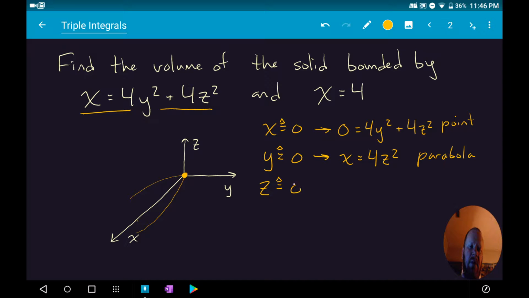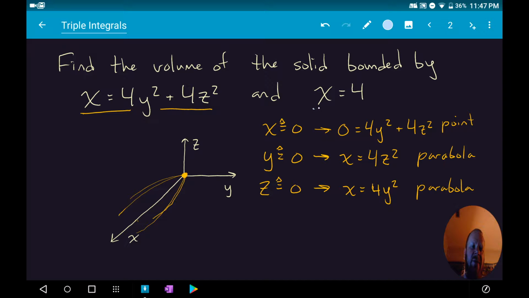And we get something similar when we set z equal to 0. So my sort of parabola in that direction. So you can kind of start to see what this shape is, but